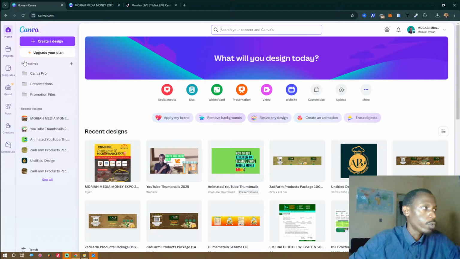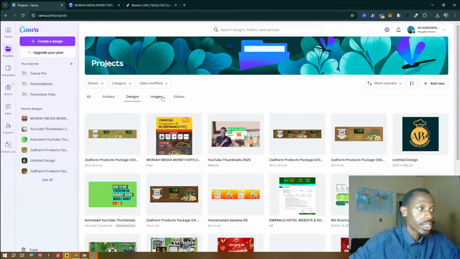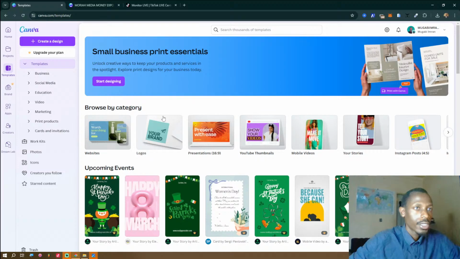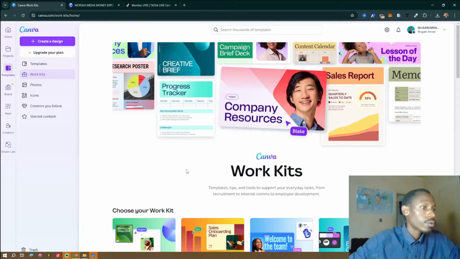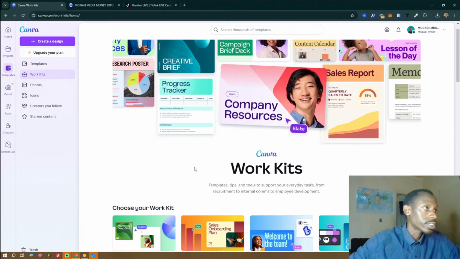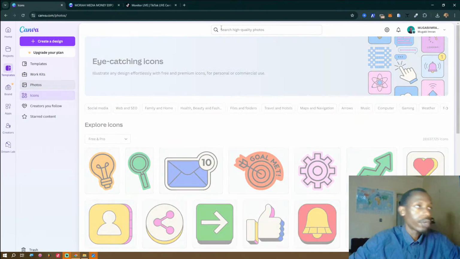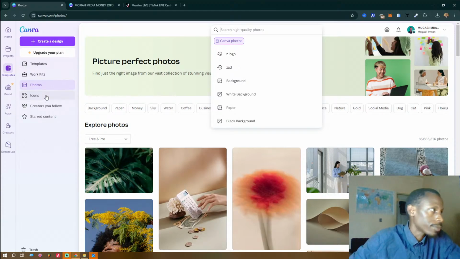You have these projects here. They are the designs and include folders that you have, as well as the images and videos that you have uploaded. You have seen that from the Canva editor. They also include the templates, let's say the workkits. Workkits are also templates and tools to support your everyday tasks. Then the photos you have uploaded, and the Canva app that allows you to get any photos that you want. Of course, some are paid, some are free. Just search for anything. Icons,